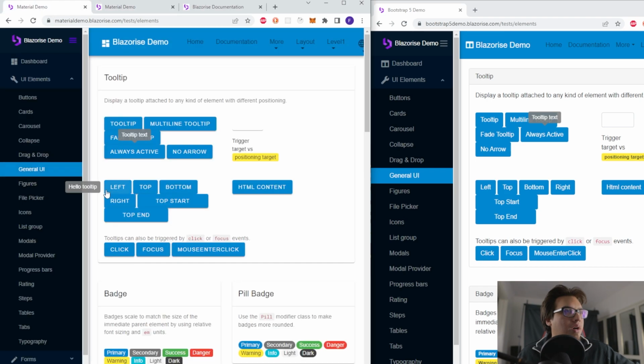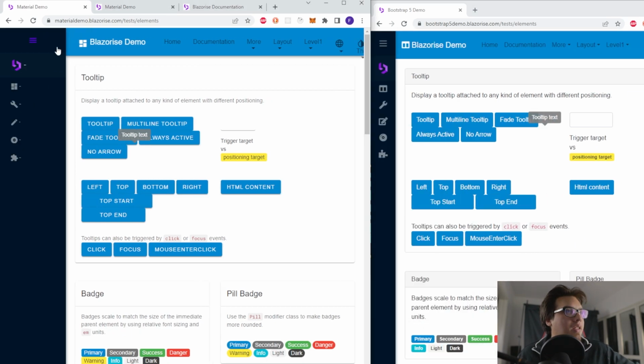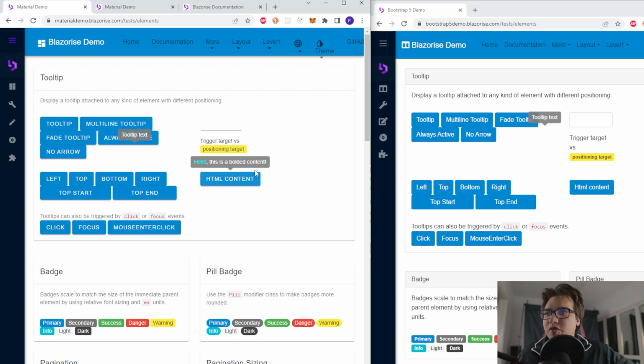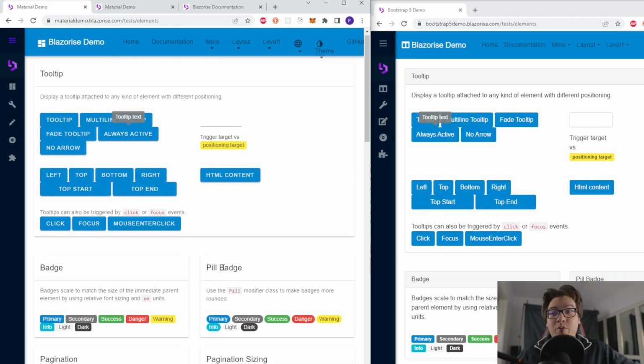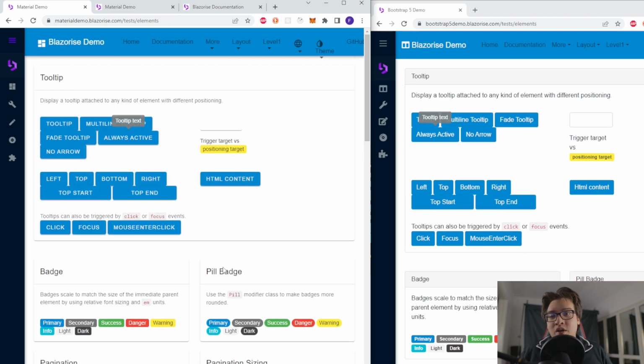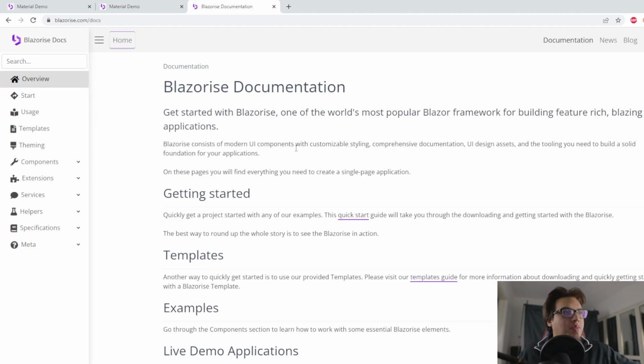Go to the UI. I don't know if you can really tell the difference here. It's not very nice to look at because my screen is very small. But Bootstrap 5 is on this side, and this is the Material Design on this side, and you can check the differences out. Now, in order to be fair to MudBlazor, I am going to use Material Design as my demo. So what you need to do in order to actually install Blazorise, so that'll be the next part here,